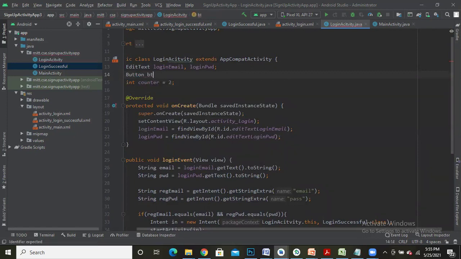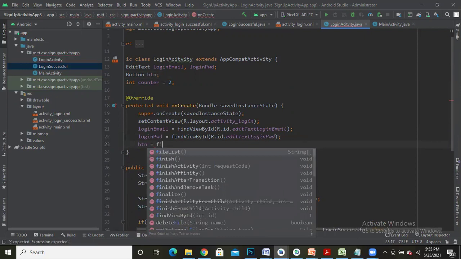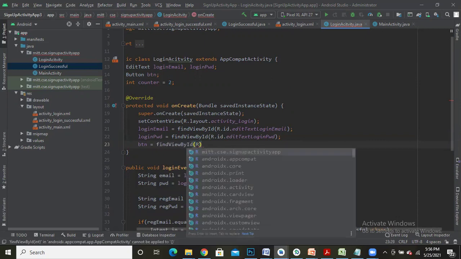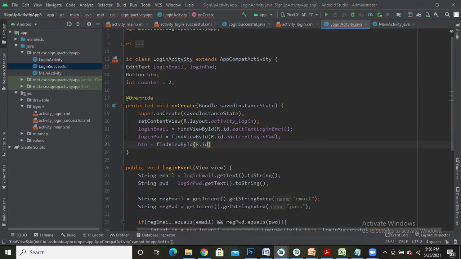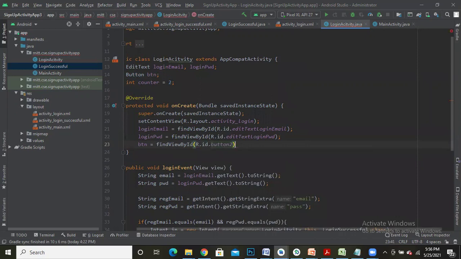I'll write it as BTN, and I'll map this button. So BTN is equal to find view by ID r dot id dot. The button ID I had specified as button 2. So let me use that. Okay. So the button has been done.